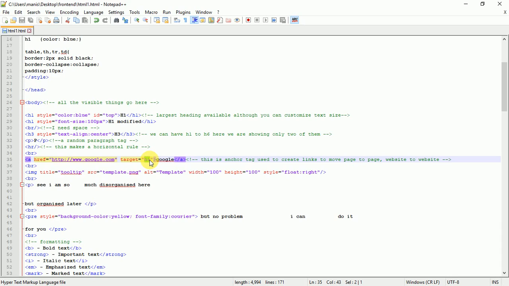and target is equal to high. Okay, so what is target? Target is the area where the new page will open. Okay,